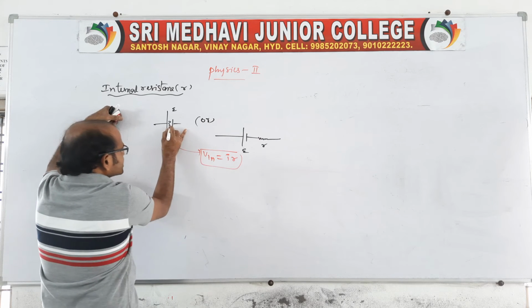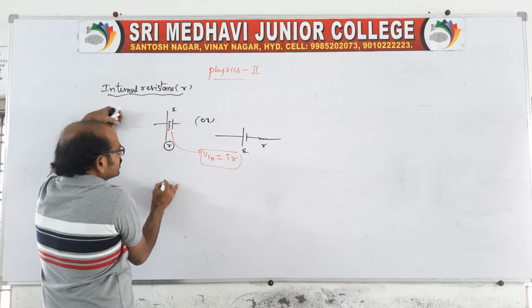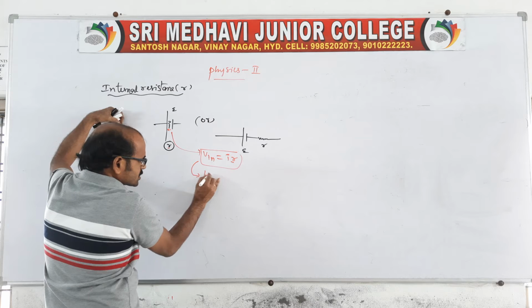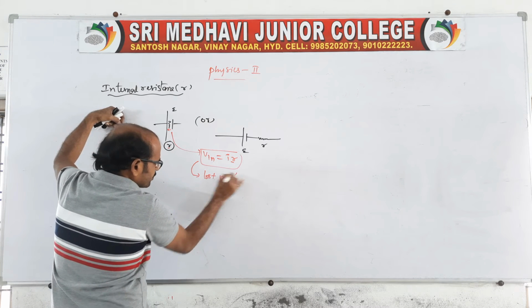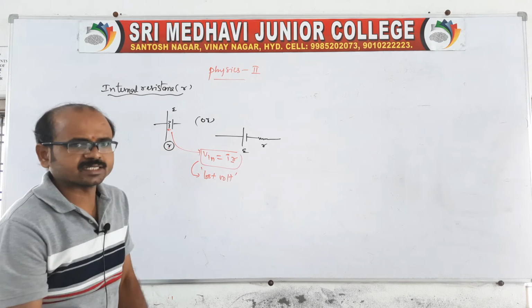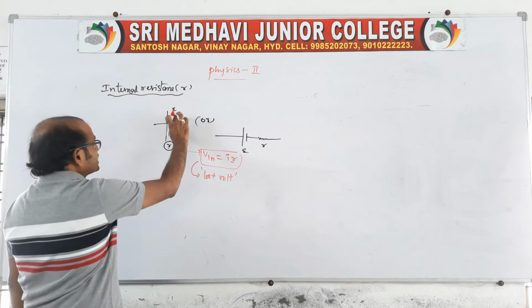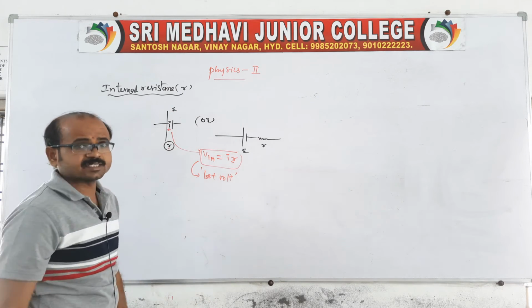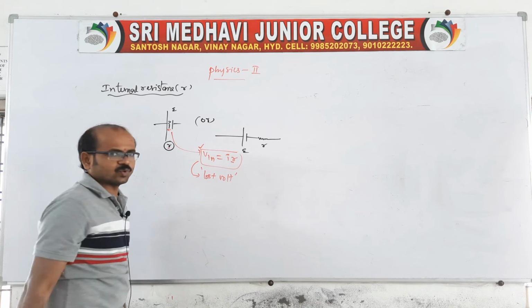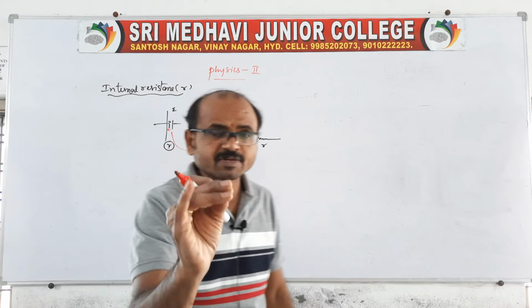Sir, what is I? I is nothing but a current flow from negative to positive. The resistance R we can also call lost volt, which is very important, because there is some loss of voltage there. There is a loss of potential difference inside the electrolytes or inside the cell. That we can also call the lost volt. This is very important.